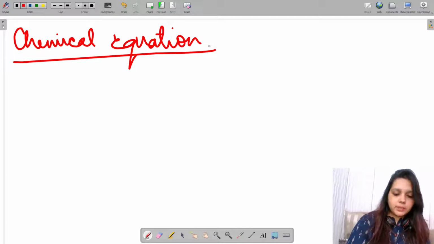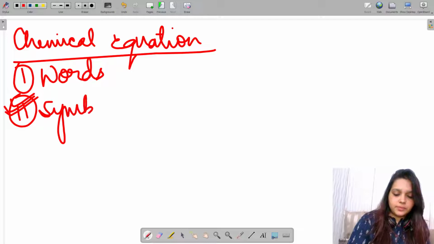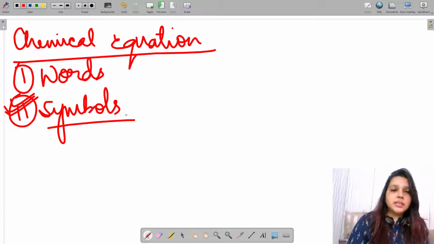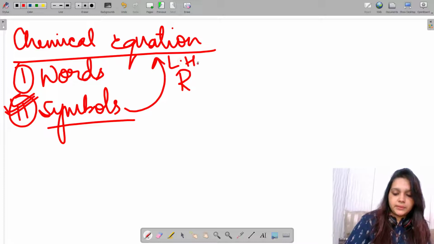One way of writing a chemical equation is via words, but a much better way is to write it in the form of symbols. It makes our task easier, and in a quicker way we can write lot more things in a faster manner, right? So symbolic representation of a chemical reaction using symbols and formulae is basically chemical equation. So simple rules: reactants are written on the left hand side and products are written on the